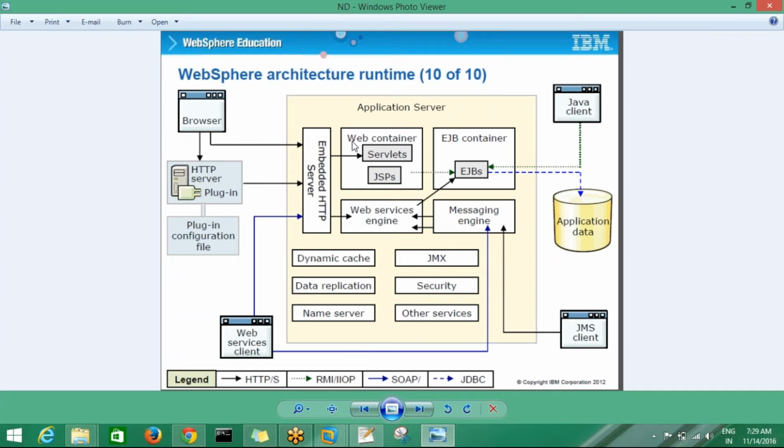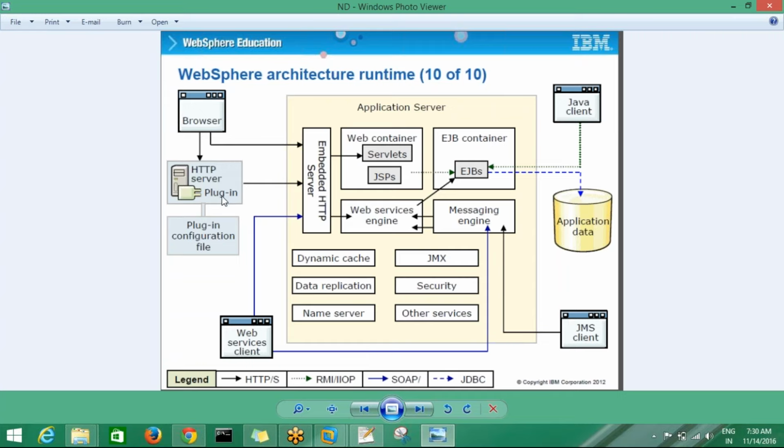Then the application server executes that application, a web application or enterprise application, whatever. It executes the application and gives the response to the HTTP server again, and the HTTP server gives the response to the user. So this is the process. The request comes to the HTTP server first, then the application server, and the response also goes to the HTTP server first, then the user.